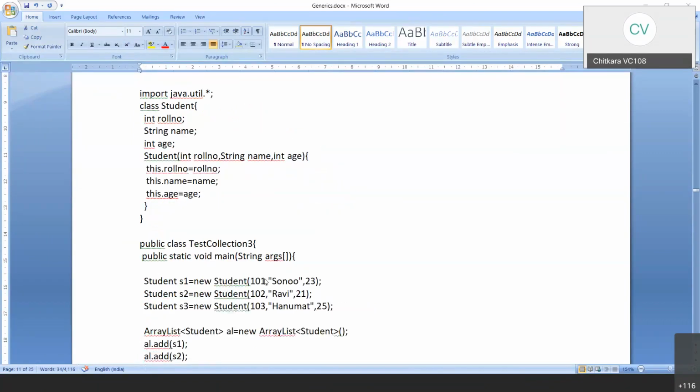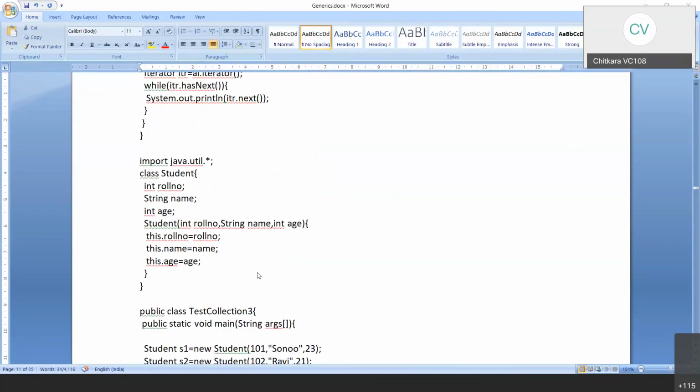So kindly see the utility of the program: I will be in a position to use a collection with a user defined data type also.